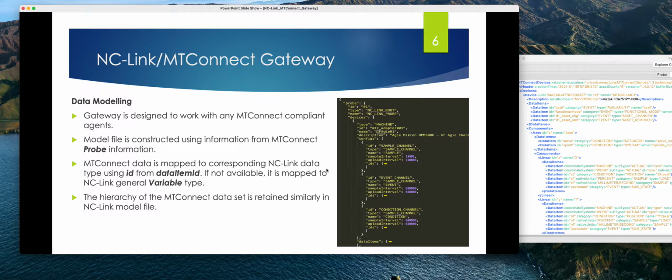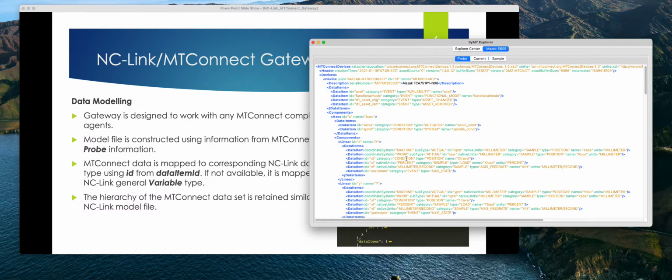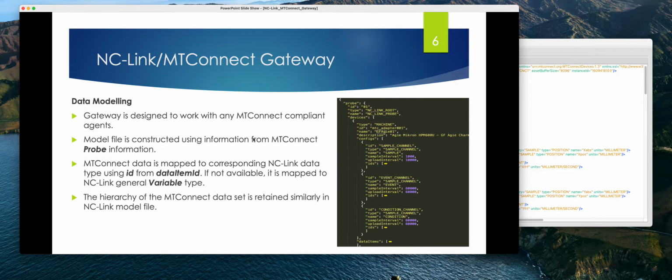Once you get all the meta information from the MTConnect, each data point is described by its type. This is the MTConnect type, and the MC-Link has its own data type.